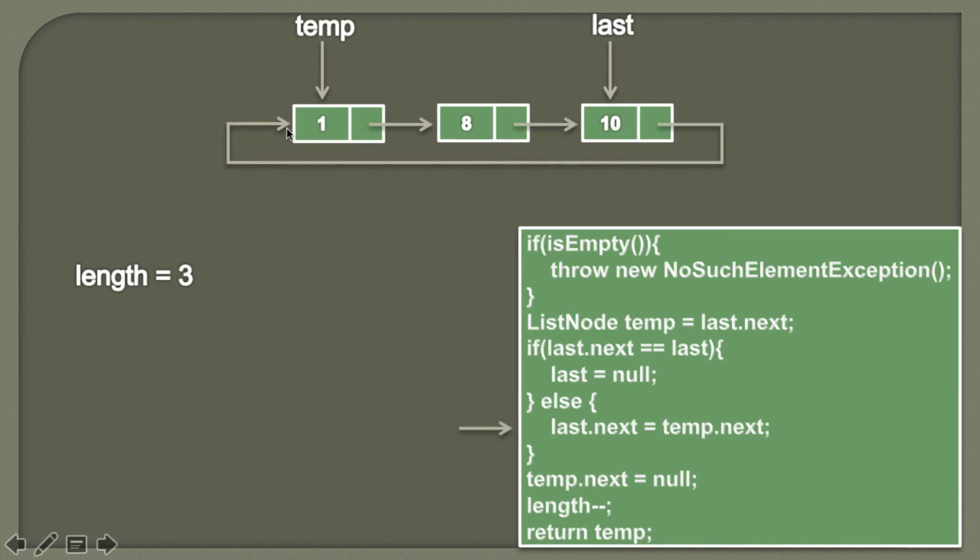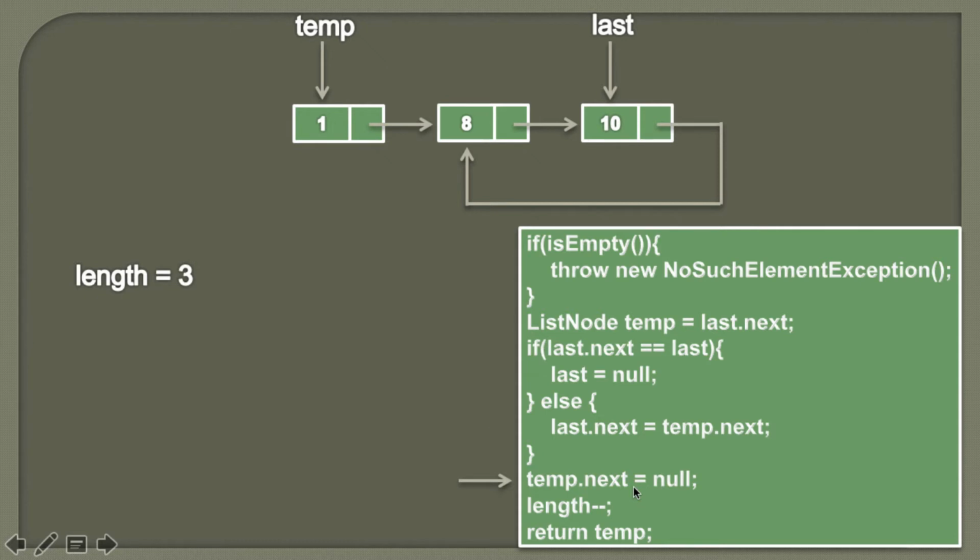Now why we are doing this step is because once the first node is removed, the second node becomes the first node. So therefore last.next should point to the second node. So when this step is executed, it looks something like this. That last.next is removed and we will assign the value of temp.next to last.next. So it would look something like this. So we are breaking the link of last.next to the first node and then we are assigning it to the second node because when the first node is removed, the second node becomes our new first node. Moving ahead.